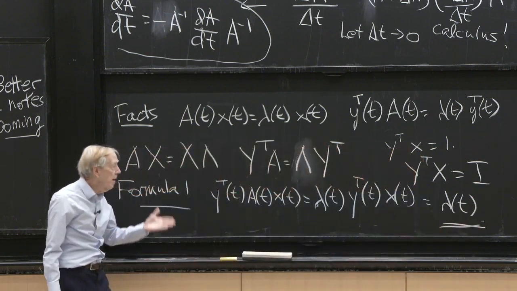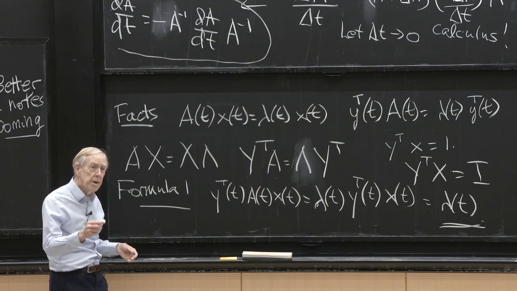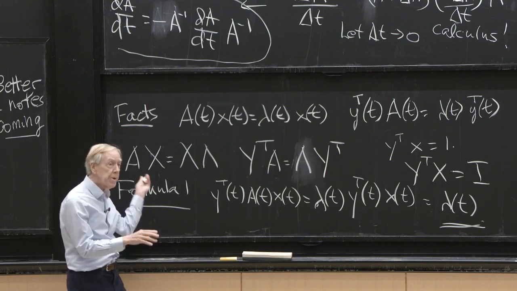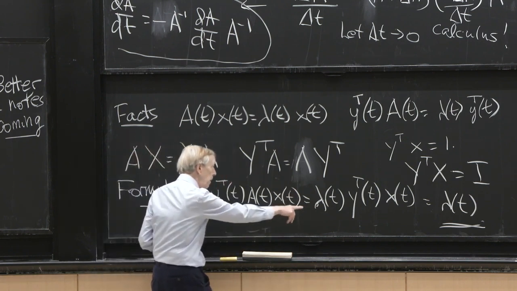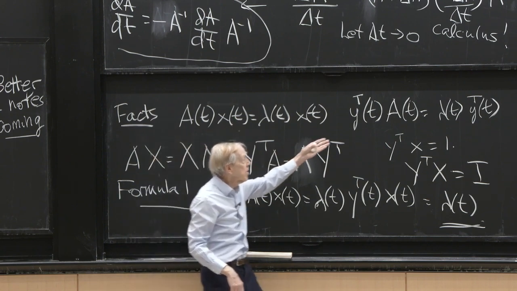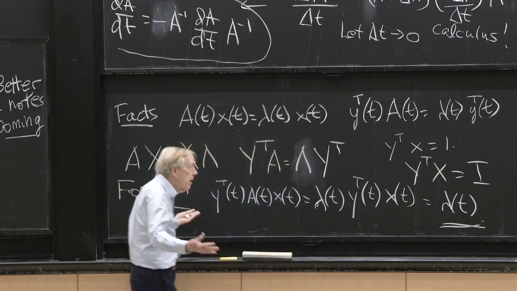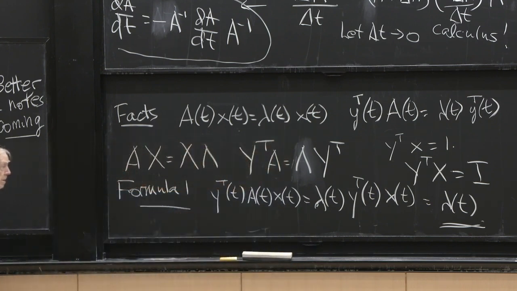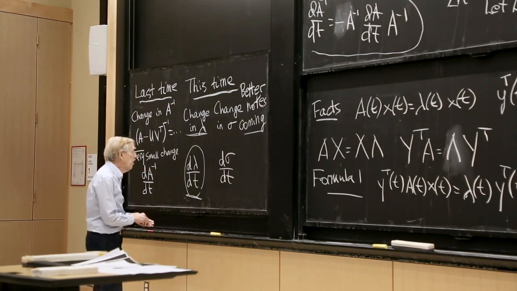So in other words, I have got a formula for lambda of t. The eigenvalue, as time changes, the matrix changes, its eigenvalues change according to this formula, its eigenvectors change according to this formula, and its left eigenvectors change according to that formula. So everything here is above board. And now, what's the point? The point is, I'm going to find this,